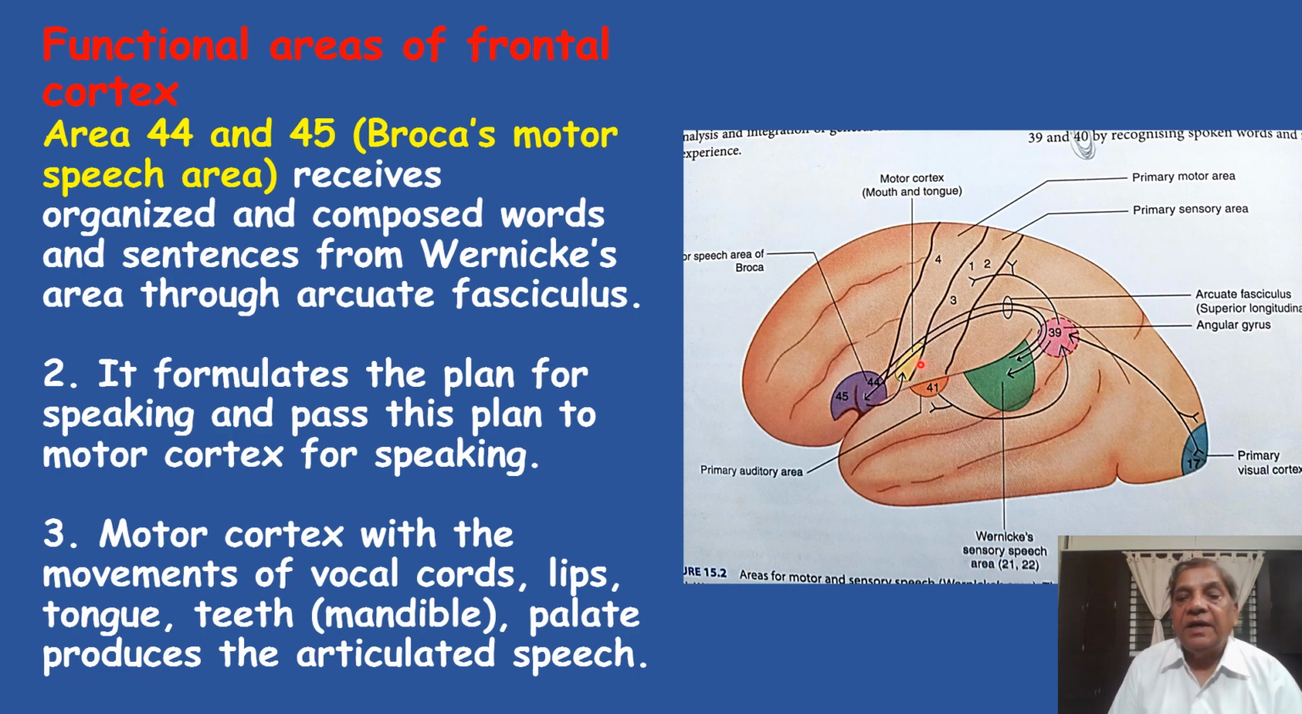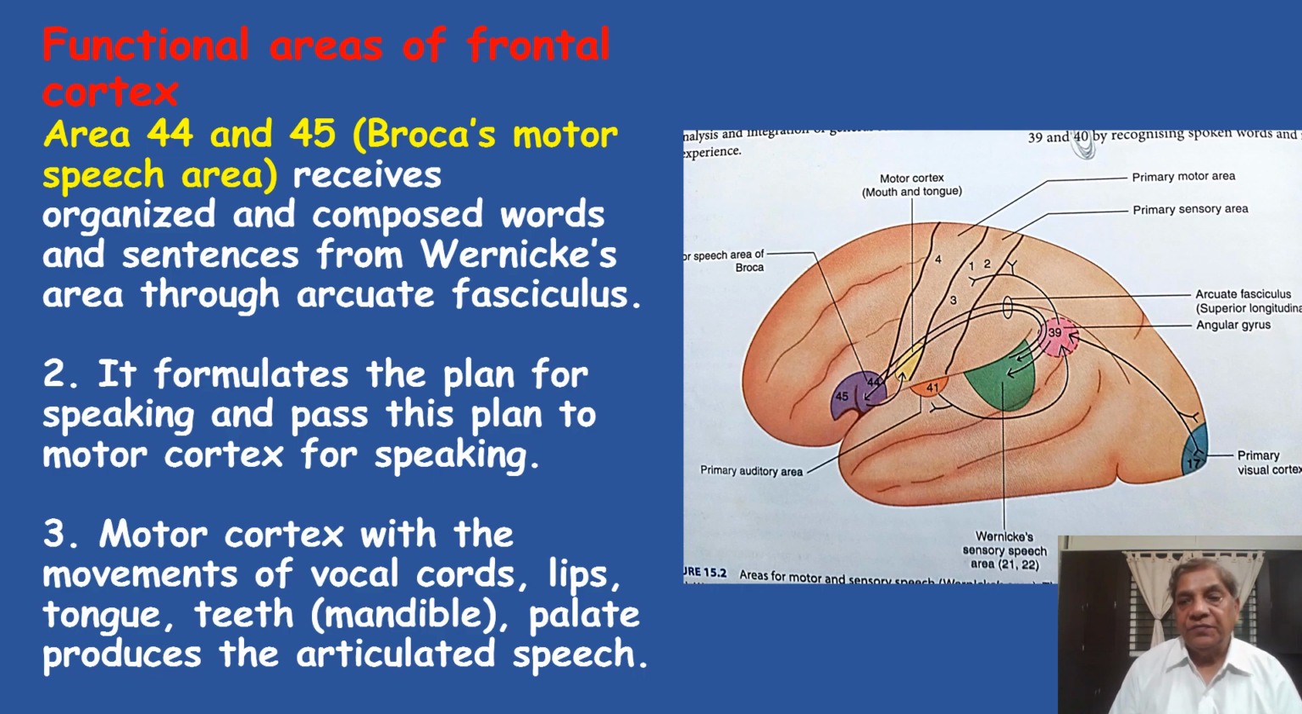Now here in the very light yellow area, this is the motor cortex area, which controls the movement of the muscles of the mouth, tongue, lips, the movements of the lower jaw, and the vocal cords, which are all necessary for the production of motor speech. The motor cortex, with the movement of vocal cords, lips, tongue, teeth, that means mandible, palate, produces the articulated speech. Thus, the function of Broca's area number 44 and 45 is to produce the motor speech,